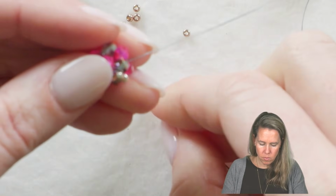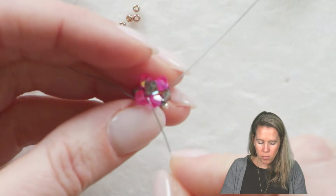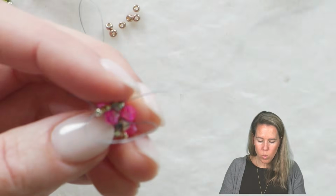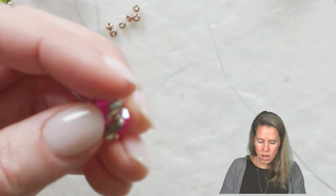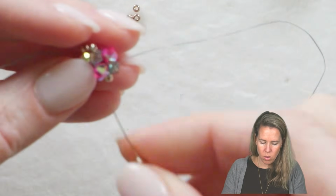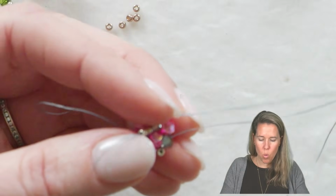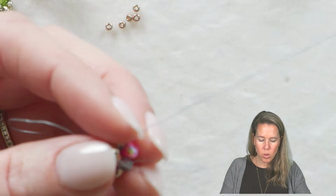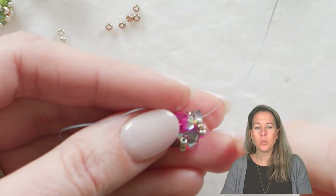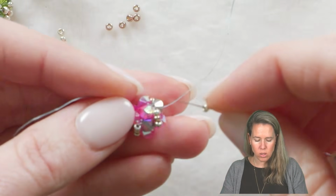Once again, keep going. Silver, bronze, silver. Go from the bottom right to the next one, the top left. We're continuing on here then as we do this for a 4th time to get our 4th angle. Once you have this 4th one in place, what I want you to do is to reverse the direction that we're going. As we reverse the direction, I want you to add 1 11-0 seed bead,